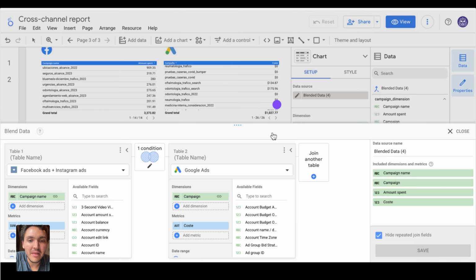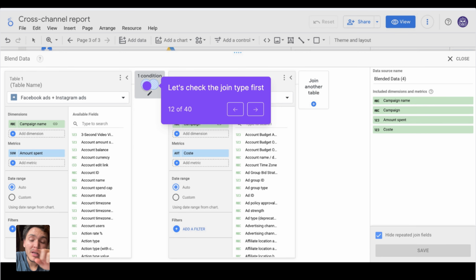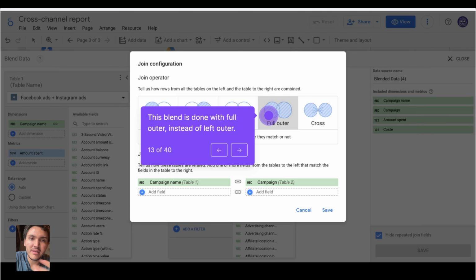So here I will click on edit to see the data source. I will expand this model so I can see the entire join, and I will click on the condition for the join in the Venn diagram, and I want to see what I did here. We built a full outer join. A full outer join combines all the data from the platforms without restrictions, and I will show you what is